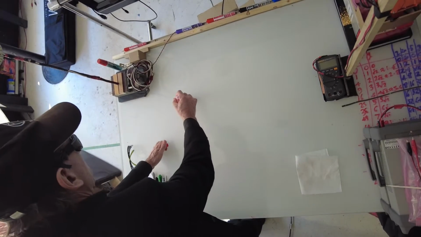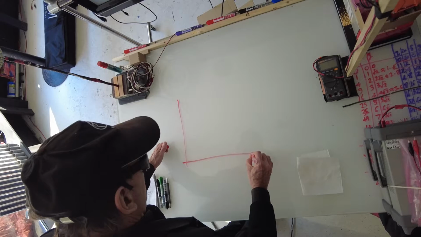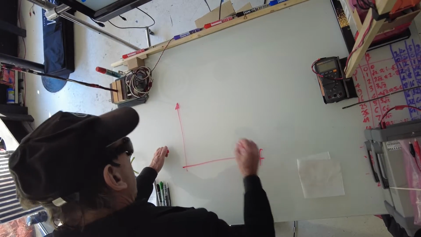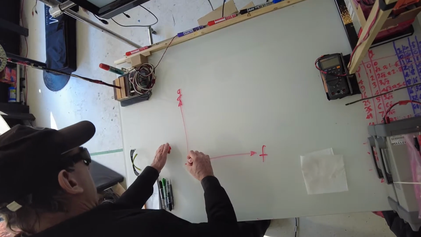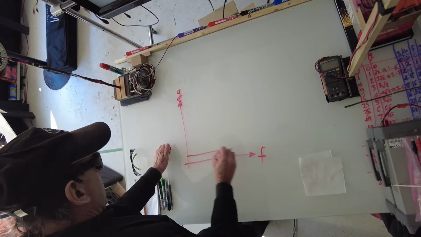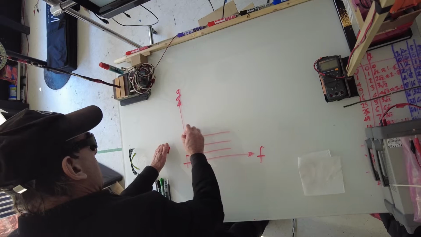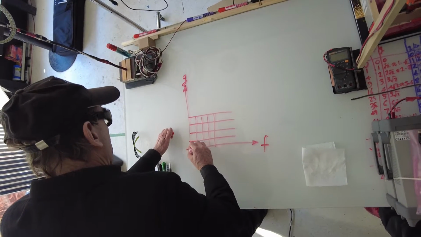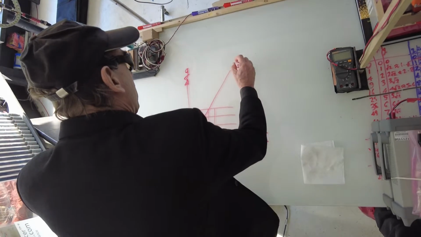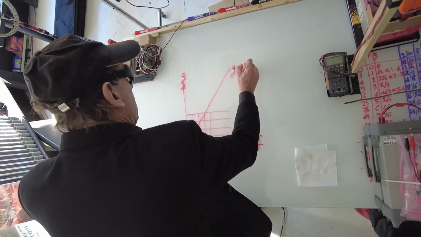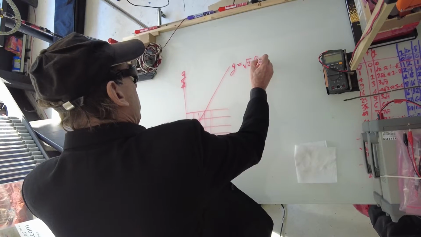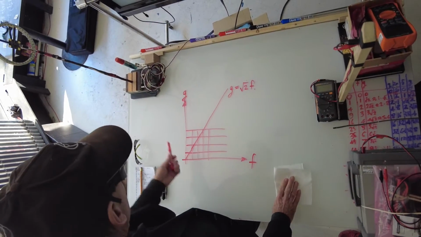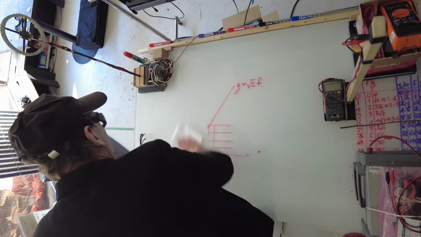Okay, so let's take a simple example, like we had before, this is a typical example. We've got F and we've got G, and let's say the slope is the square root of 2 roughly. G equals root 2 f. And so if we were to look at what data gave rise to that, we'd say,